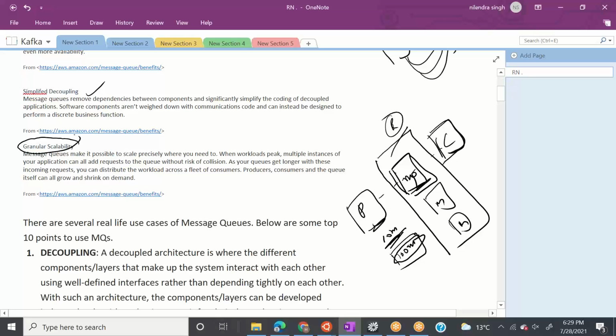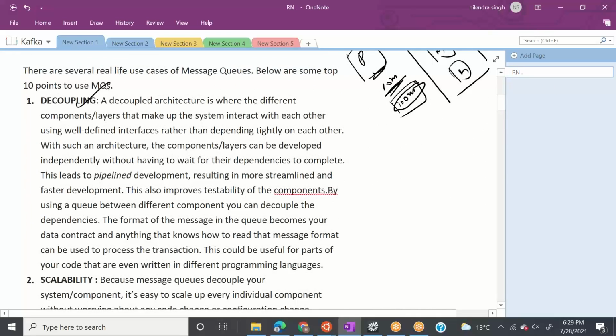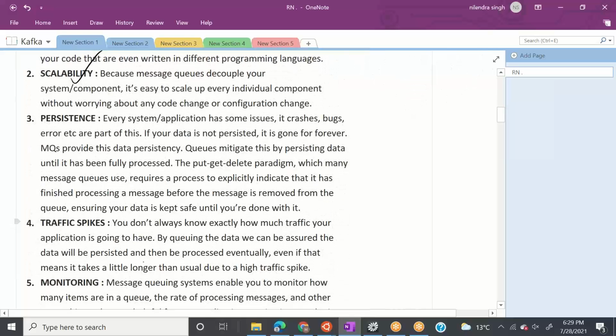Now we came to know that the distributed messaging queue will give us a lot of benefits. A few more benefits: we have covered decoupling, we have covered scalability, and we have covered persistence. It means it can store data. Crashes, bugs and errors are part of this.